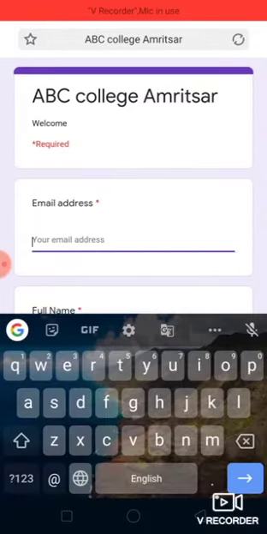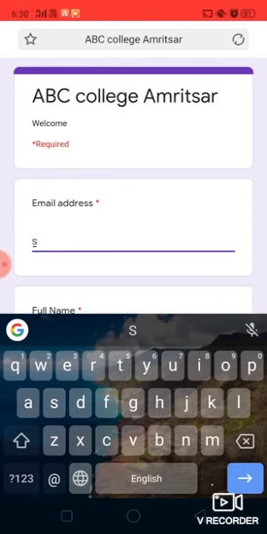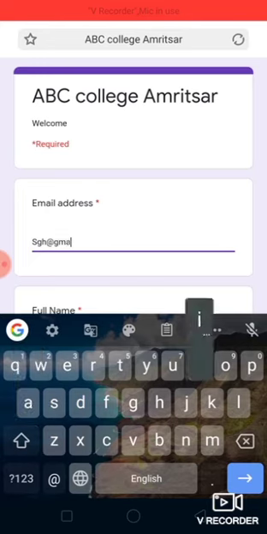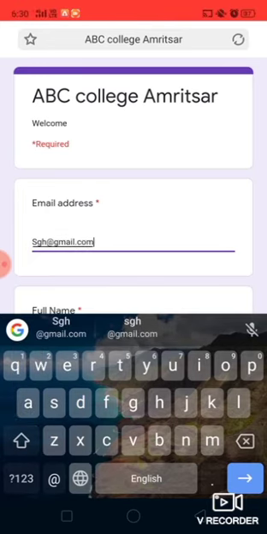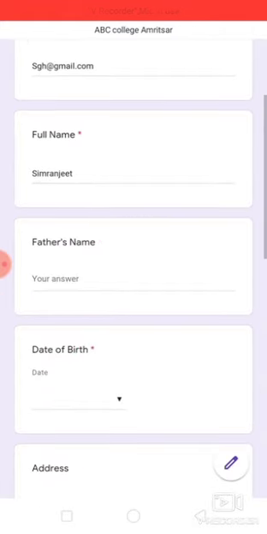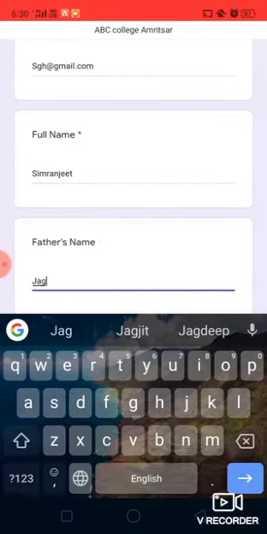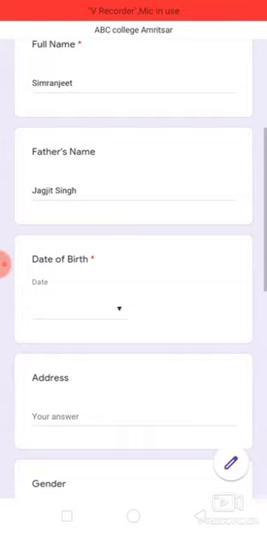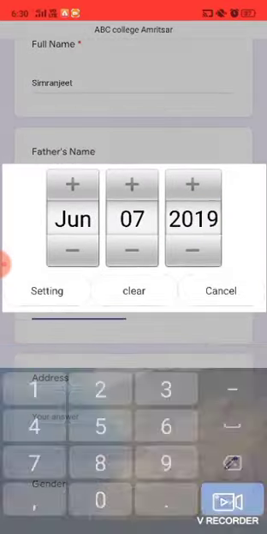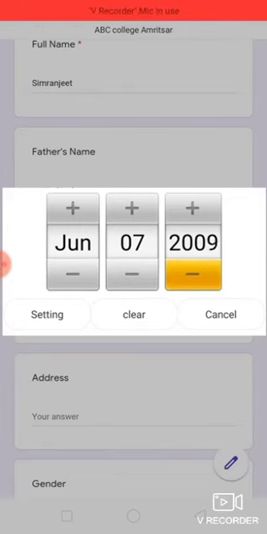Enter any email ID. Full name, father's name, date of birth, setting.